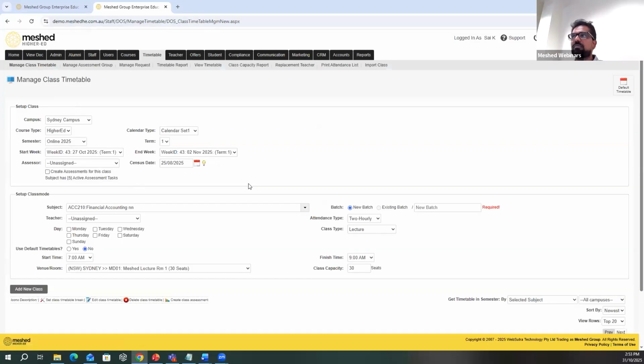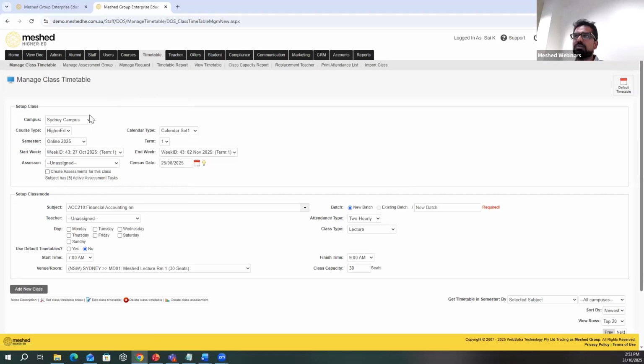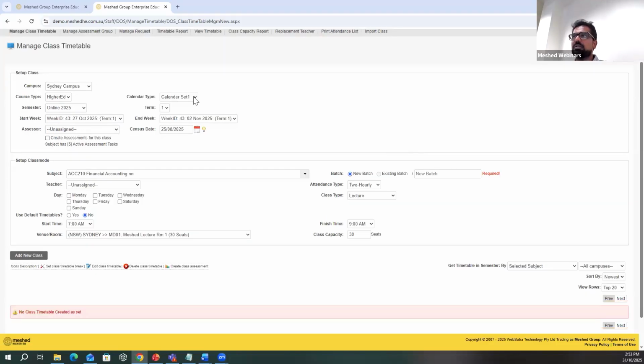But on the MES platform, whichever it is, the higher course or the higher rate, you can go to the timetable option on the MES platform, and then select the campus calendar type under which course you create the class timetable. Then you would see the subjects appearing in the subject drop down. And you can select the semester,